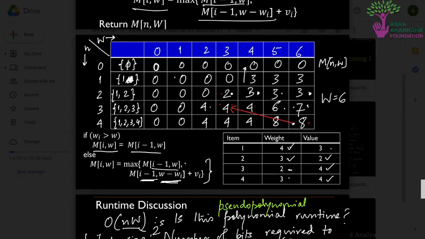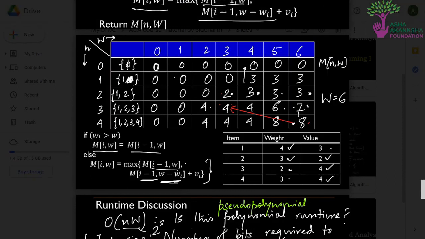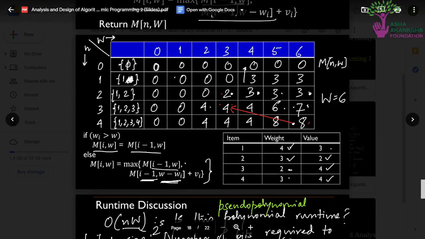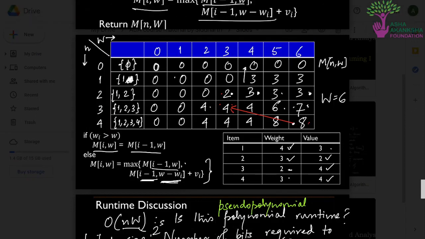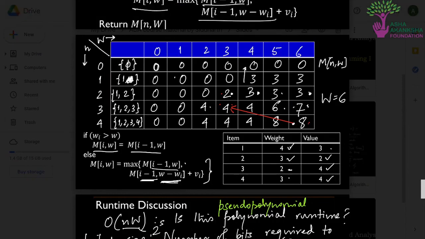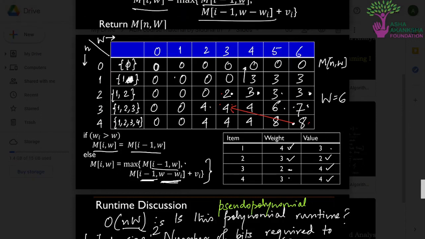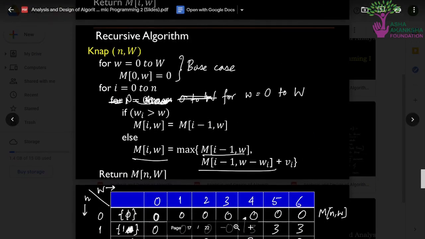Suppose we are at the cell 2 comma 4. What does it mean to be at this cell while backtracking? It means that while considering this particular selection, we selected the last element, that is 2. Suppose we were at the 4 comma 3 cell, then we selected the last element, that is 4. The values stored in these cells of the matrix are the maximum values that will be returned by knapsack i comma j.